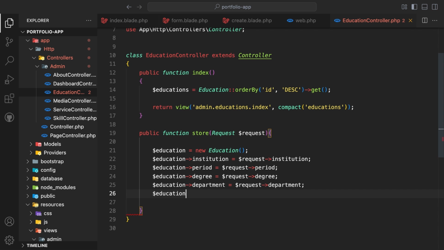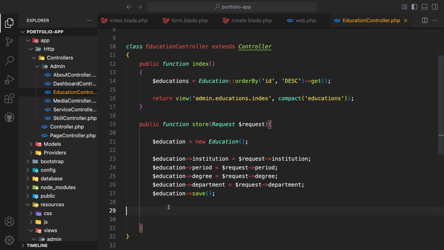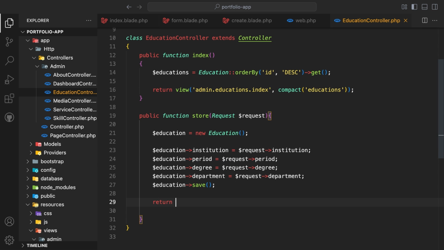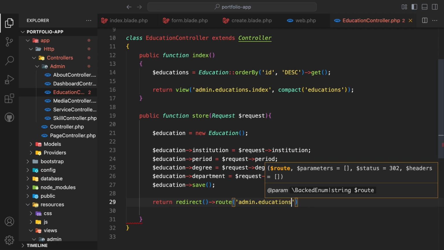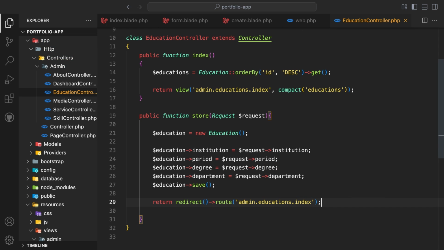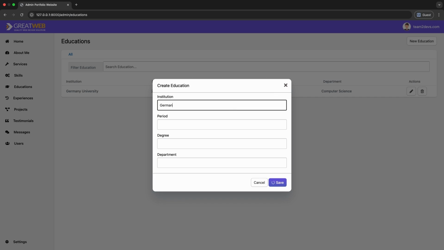And then save this education. After that, we are going to be redirected to the route admin.educations.index. Alright, now let's go back in our browser, fill out this form, and when I click save, as you